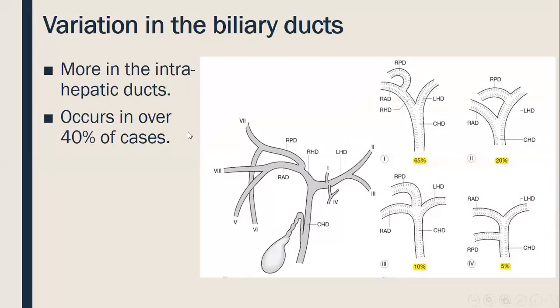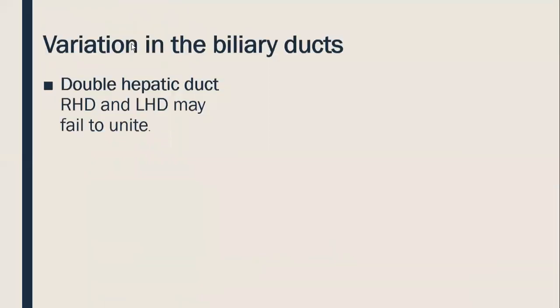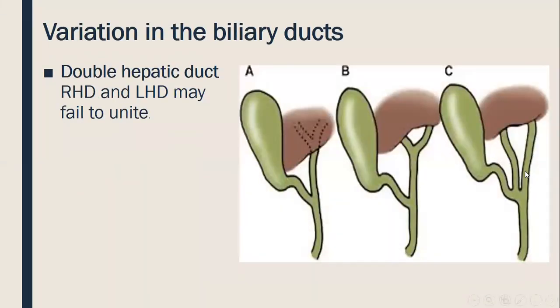Now we have a variation in biliary ducts. It is common, about 40% of cases, more at intrahepatic bile duct. This is the normal arrangement of medial side of the right anterior to form right hepatic duct, then union with the left hepatic duct to form common hepatic duct. This is the common, 65%. Now the variant side, and this is the common variant, 20%. Maybe there's a triple confluence with right anterior, right posterior, and left hepatic duct. Maybe the right posterior duct drains directly to the common hepatic duct, and this accounts for 5%. We have what's called the double hepatic duct with failure of union of the right